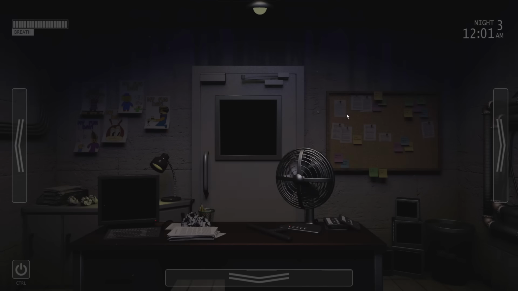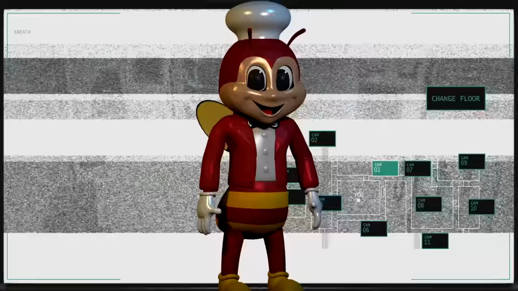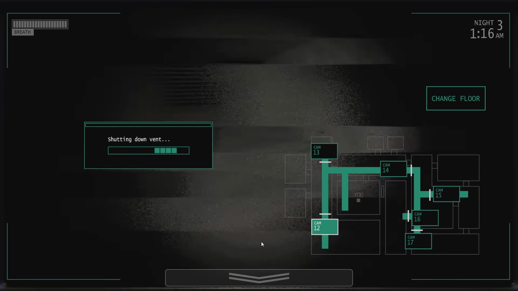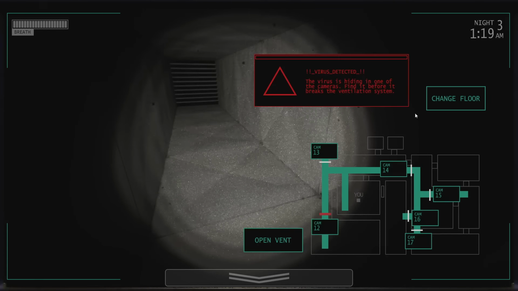Night 3 gives us our final antagonist of the game, Jolly. He works the exact same way as Twirly, that's it. But now that we have every animatronic and mechanic introduced to us, this is the first...